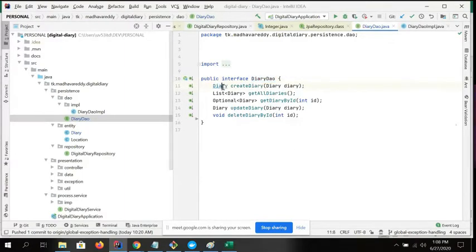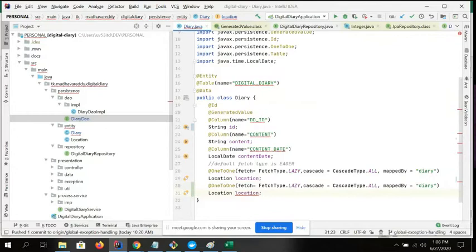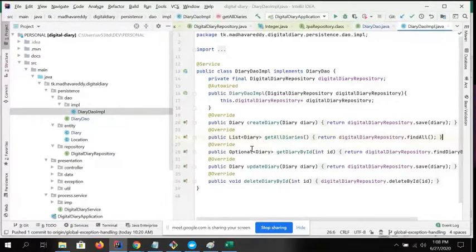If you see this diary at this moment, there may be a number of relationships like this, one-to-one, like test 1, test 2, test 3. When you write one DAO class, it will cover all the relationships, all the child relationships.